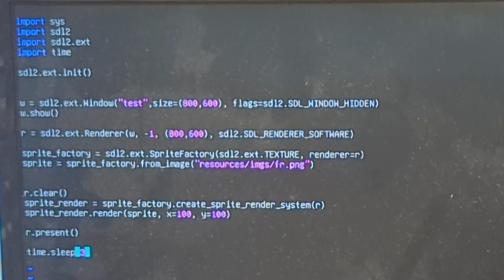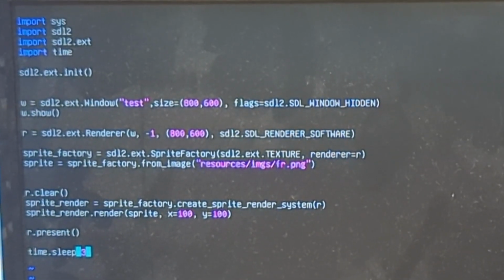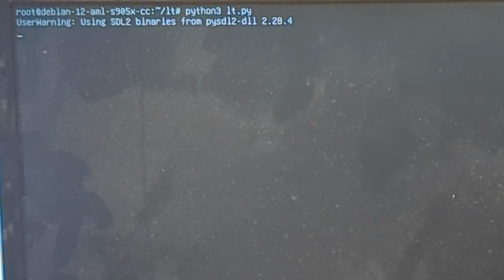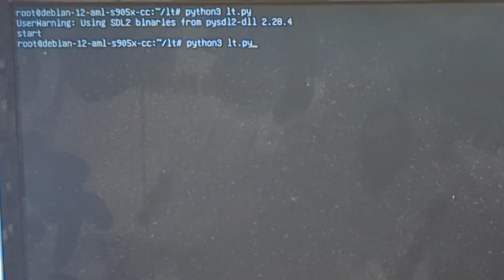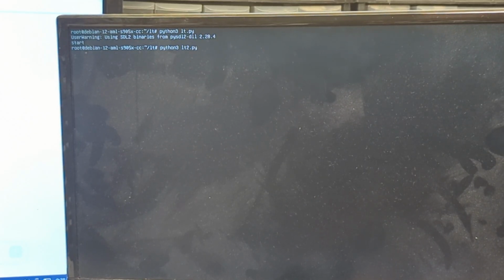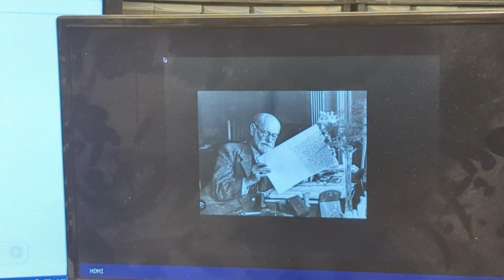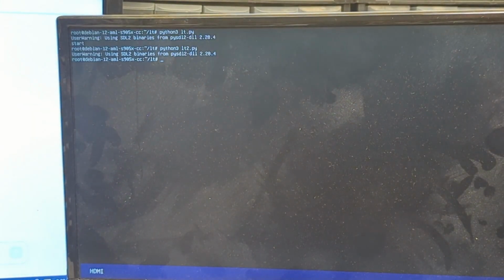So if I go and let's do quit and then clear, and then I can do python3 lonesome trail.py. We got a start, and we got something. We got a blank screen basically, but it is something. Oh, and I just realized that I actually ran the wrong program. The program is LT2, Lonesome Trail 2. So we hit enter, and there it is. Perfect. And then it quits.